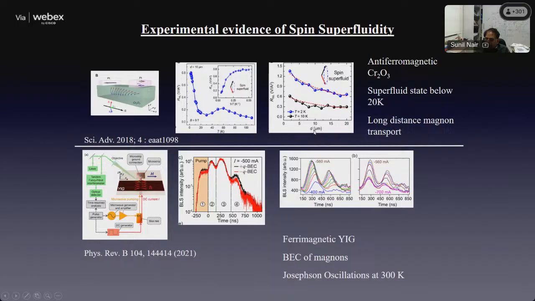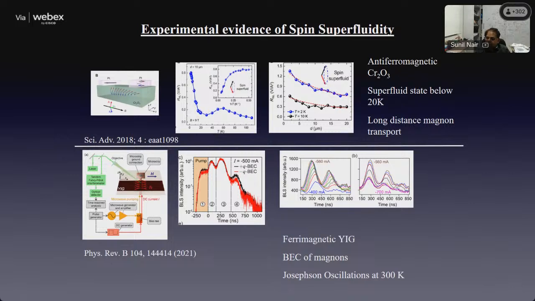And so what I want to draw your attention to is this. Look at how long the spin currents are traveling. It is traveling here to a distance of 20 micrometer. Compare this with how much an electron travels in a normal metal. In a normal metal, the electron would travel at best a few lattice spacings. Even if it travels like 10 lattice spacings, you're looking at what, 100 angstroms, something like that, right? On the other side, you have something which is moving quite easily to 20 microns. So this is the kind of advantage which magnon transport can give you over charge transport.